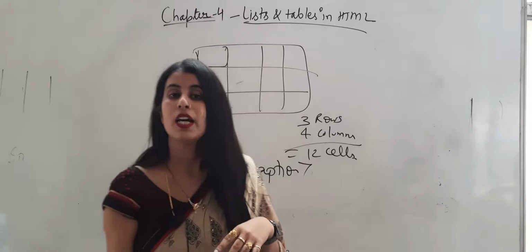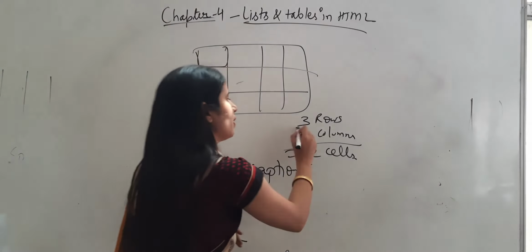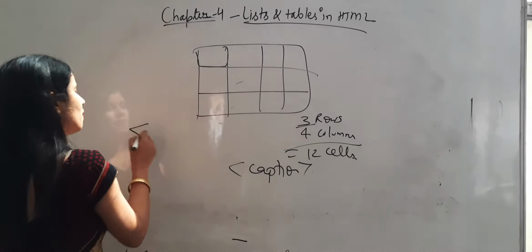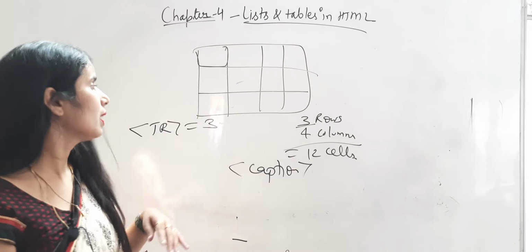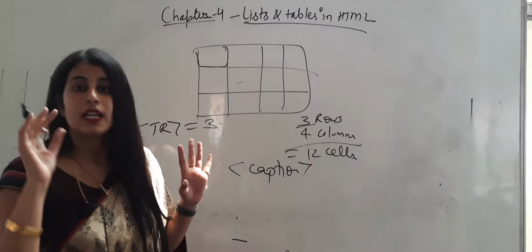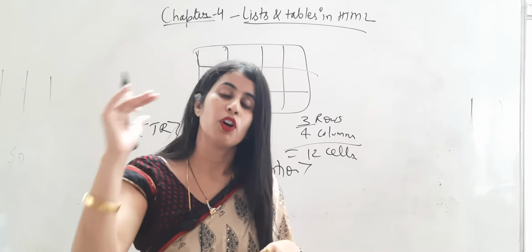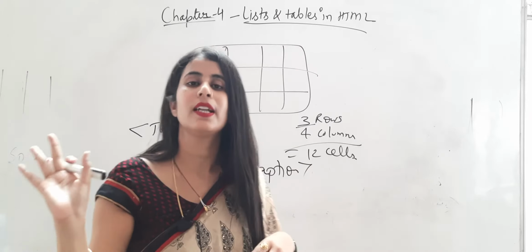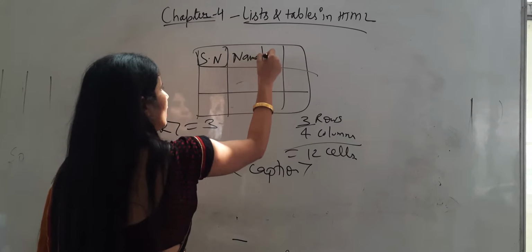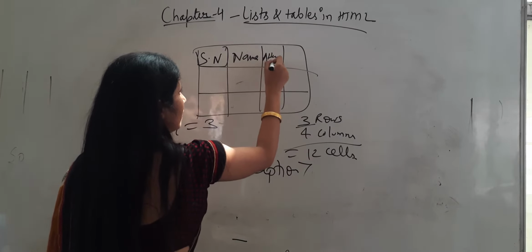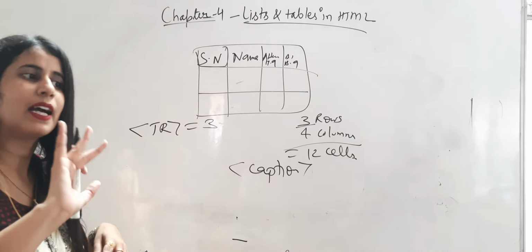Now when we create the rows, here we know how many rows there are. Here we have 3 rows. So how many tr tags will I use? I will use 3 tr tags there. Normally when we create a table, we keep the heading, and on behalf of that heading we define the data items. Suppose these are serial number, name, attendance of 17 September and attendance of 18 September. In this way we have defined the heading.